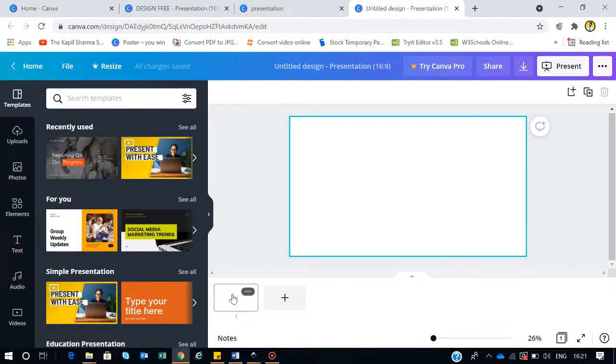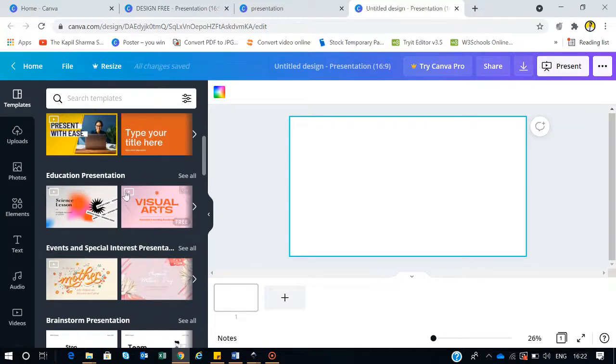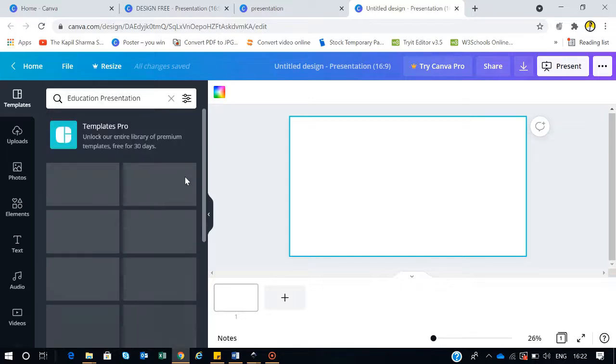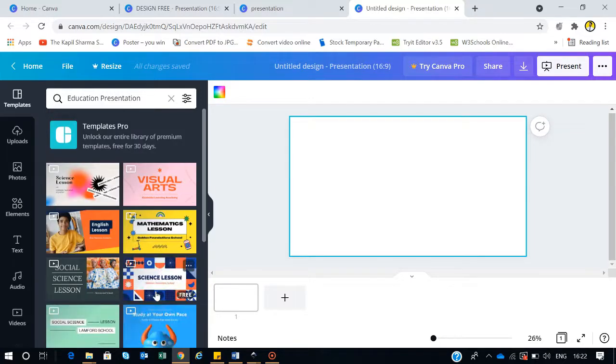So if you want to spend some time and design your own presentation, you can use the design elements, colors, text, everything from this website and design your own presentation. But if you don't want to waste your time in designing, and if you have no idea how to do that, simply use any pre-designed template and start with those templates. There are multiple templates you can use. If you are designing any educational presentation, simply go to this section, hit see all, and you will see all those pre-designed templates which you can use. So I think